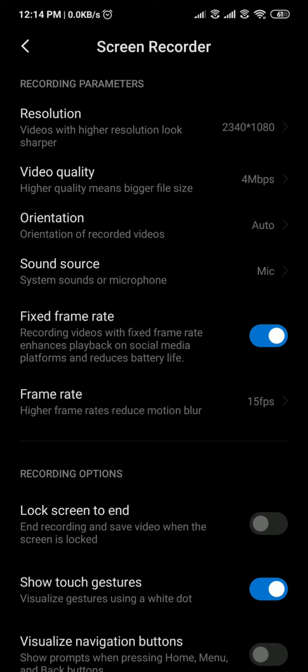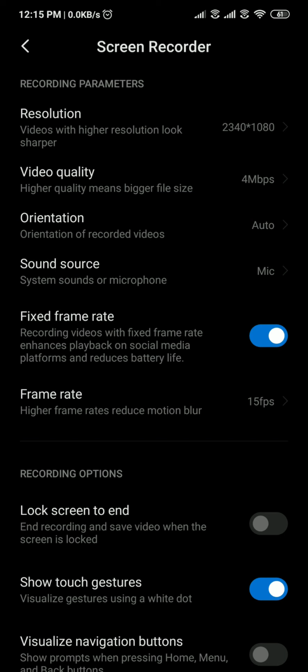In settings, the first option is resolution. Default is 2340 by 1080. That may not be in your mobile phone if the resolution of your screen is 720, because my screen resolution is 1080, it is full HD.